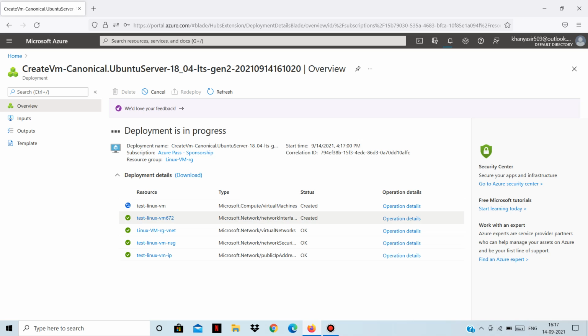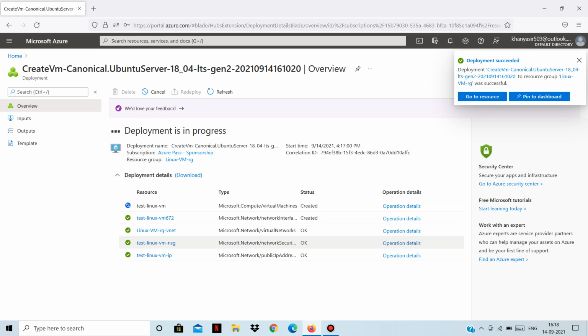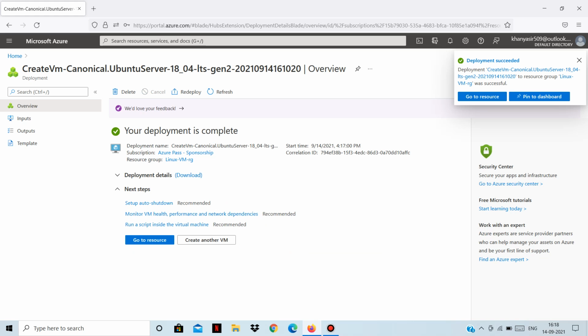So again, with the Linux VM also, there are various components involved. Like this is the VM itself, and then the network interface, which has the public and private IP of this virtual machine, and then the virtual network itself. So our resource is already created. We can go to it.